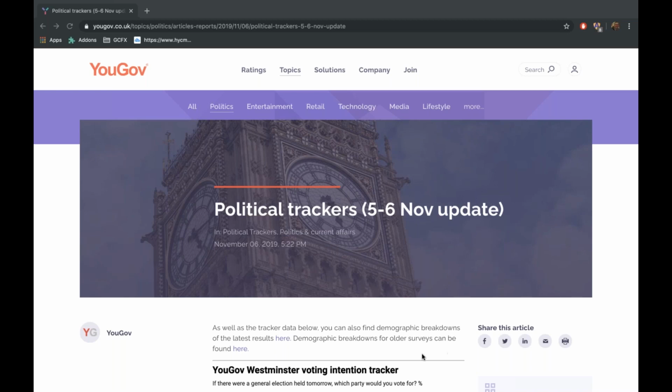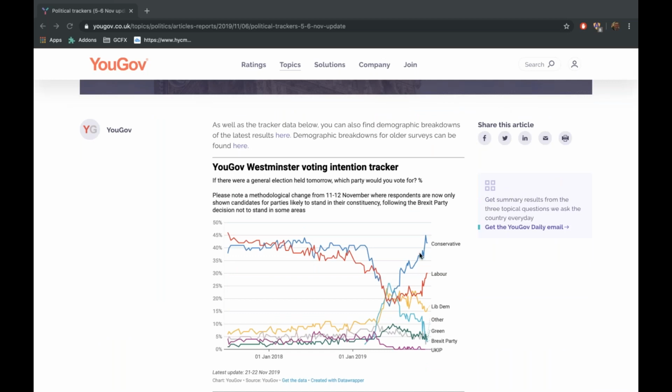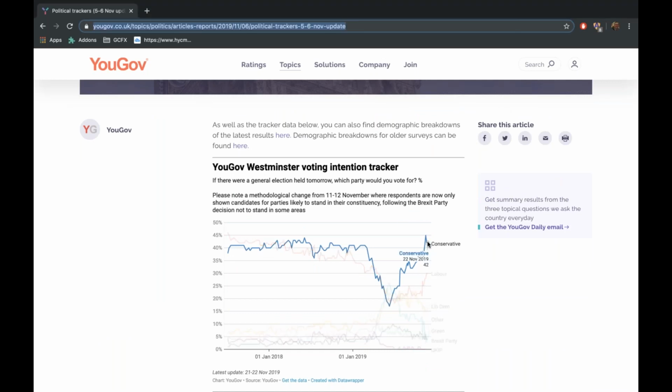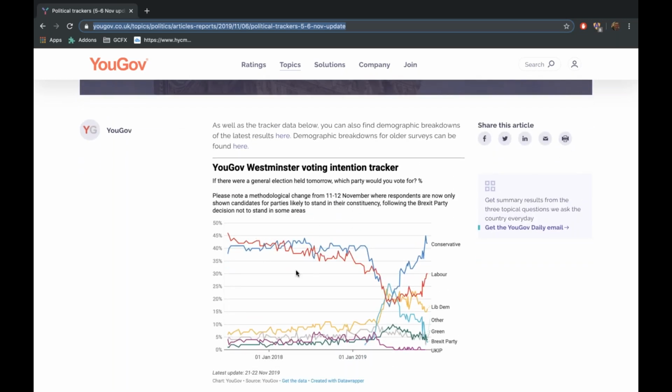And right, that is the latest update for the YouGov poll. Now you can see this is the 22nd of November. Now, what I want to draw your attention to is this poll is probably given the most emphasis by the market,